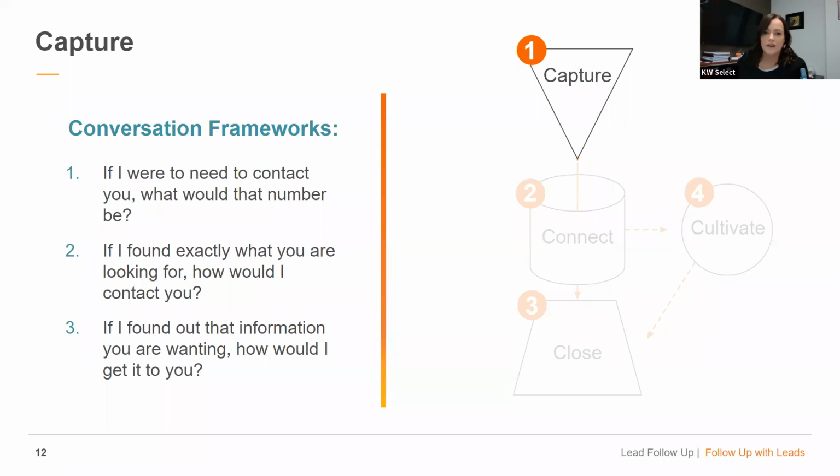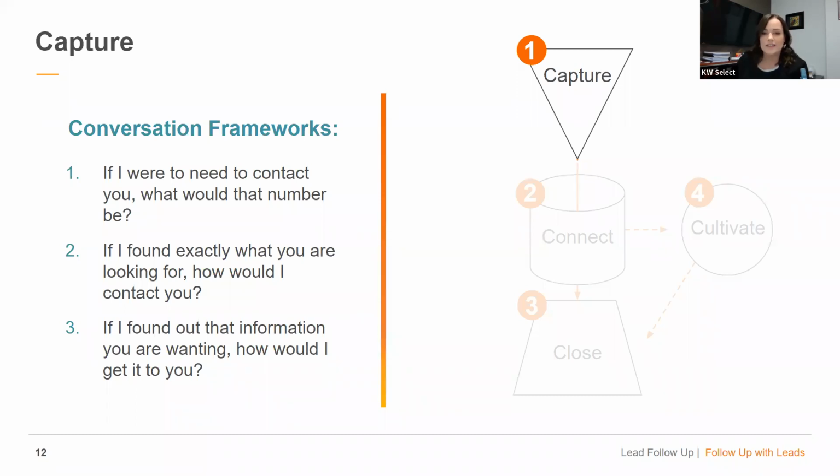Okay. So for the first step of capturing, you want to have a system in place, have these conversations, practice them, make sure you have them in your head so you can pull on them when you're in those conversations. But once you have actually captured that information, obviously you want to put it into your database and cultivate the relationship. So we'll get into that in a sec. Like I said, all leads may not be ready for an appointment. So your goal is then to cultivate them so that when they're ready, they do think of you.